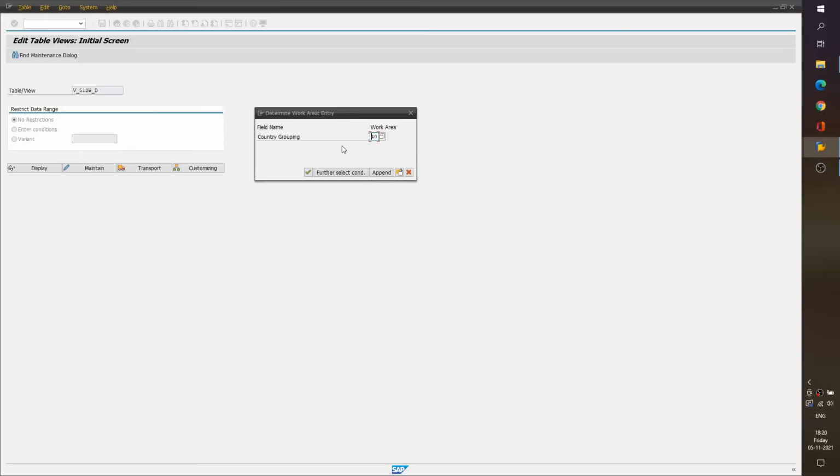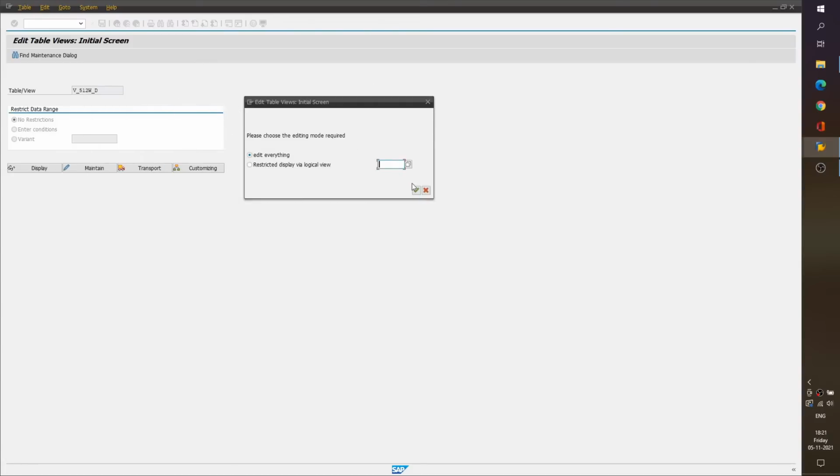So it is possible that we create a customer specific wage type 1000 for India, and let's say 1000 is also present for, let's say, US. Okay, so that 1000 can have different characteristics when it is used for country grouping 40 in this case, and the wage type 1000 can have different characteristics when it is used with country grouping 10, which is US. So it was just a pointer to remember. We can have same wage type codes to be utilized for different countries with different characteristics. So let us go ahead in this view.